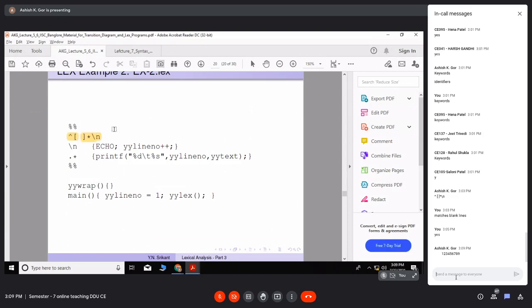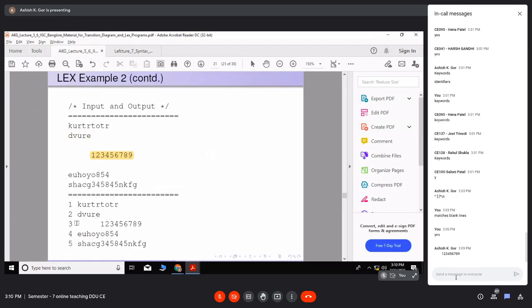Why? Because although there is a blank star, there should be a slash n afterwards, and it's not a slash n. There are spaces, but after the spaces 1 2 3 4 5 6 7 8 9 starts. So it will not match with this, but rather spaces and 1 2 3 4 5 6 7 8 9 matches at this place. This entire thing is matching here, including space, because dot can also match space, it just cannot match slash n. So that space, then 1 to 9 will be printed with the line number, whatever it is, 3.